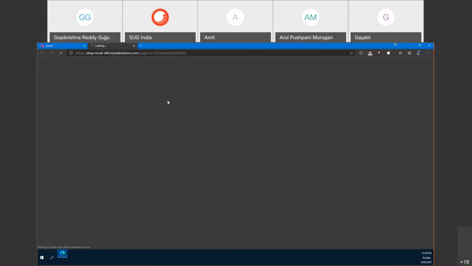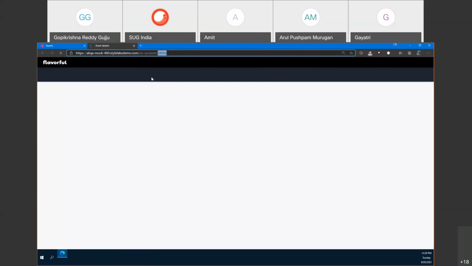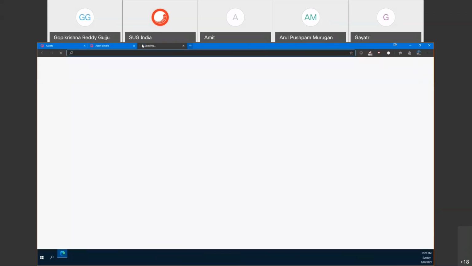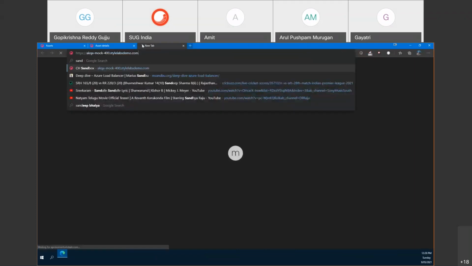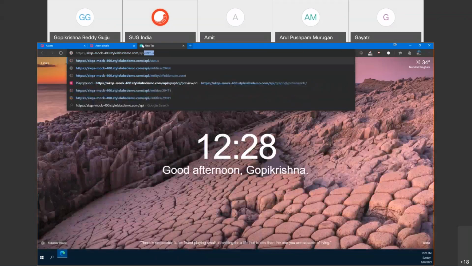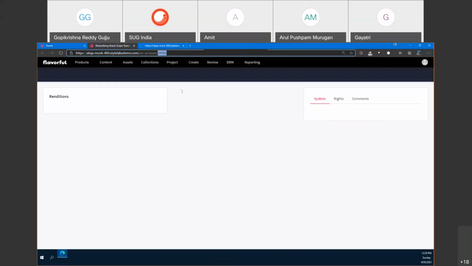So I'm going to the asset detail page. Observe here, this is the entity ID, which is auto-generated while you upload or create the entity. In the meantime, let me open that API as well. We would see all this in the API too. API/entities, and you can put the ID. Let it load.